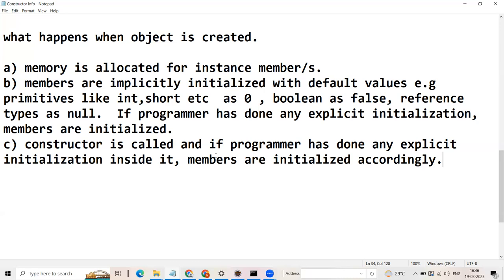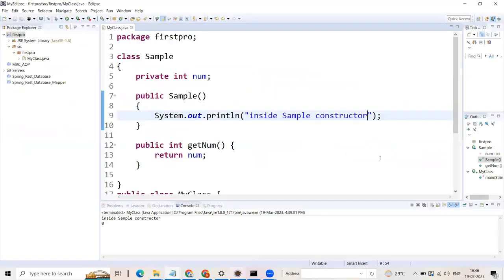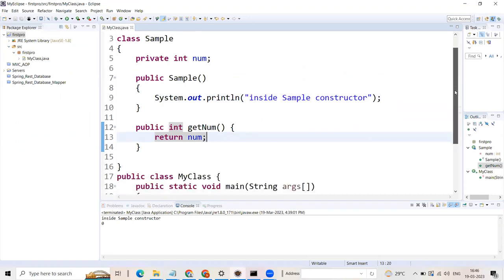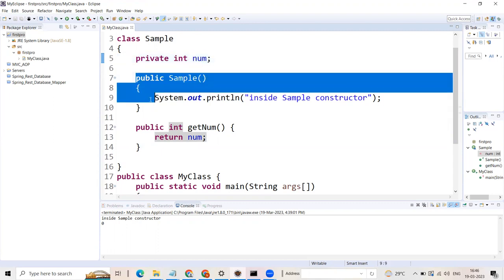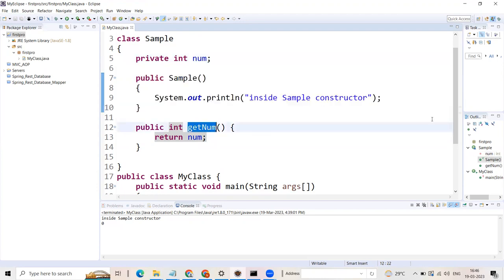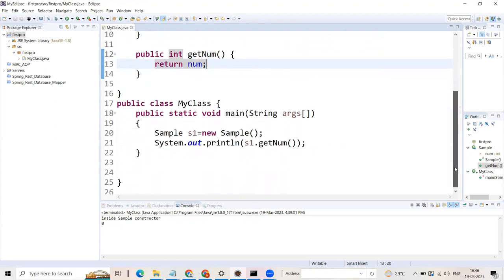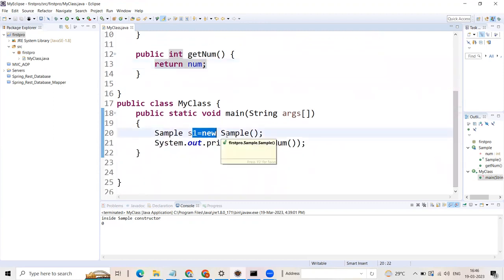Okay, so let's see all these three things together. We have a class Sample. In that, the instance member private int num is there. At present we haven't initialized it. Then we have a default constructor and a getter method. In the main function we are creating an object of Sample: s1 is equal to new Sample. As you know, the object gets created inside the heap and the reference gets created inside the stack, and then we are calling s1.getNum. Now, in order to check what exactly happens, I would like to debug this application, and for that